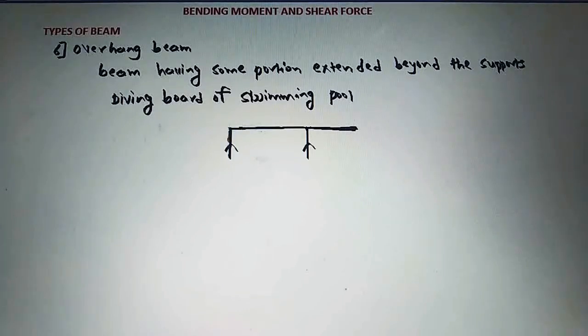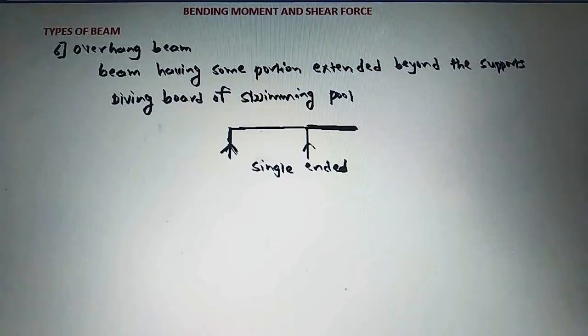So this is the example of an overhang beam, which is the diving board of a swimming pool. So see here, this portion is extended beyond this support here. Because of that, this is called an overhang beam, and we can call it a single ended